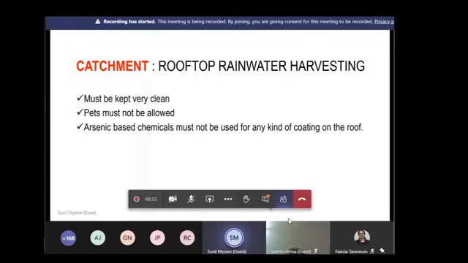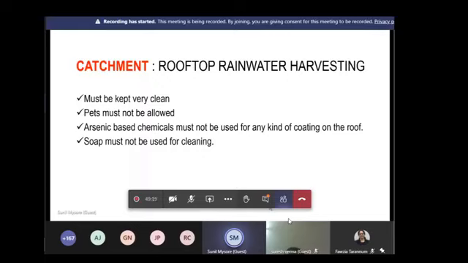And when I tell a lot of people to keep the roof clean, when they actually do water harvesting, they keep it very clean by putting soap water, phenyl, Dettol, and sometimes brushing the water into the pipes, which goes and chokes the filter. So you have to be careful even when you're washing it. The washing has to be with a certain precaution. Soaps and detergents should, as much as possible, be avoided; use plain water.